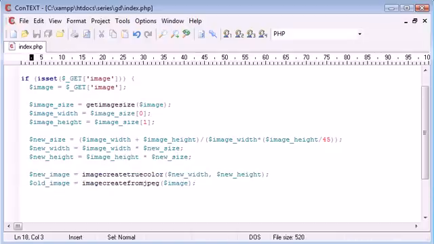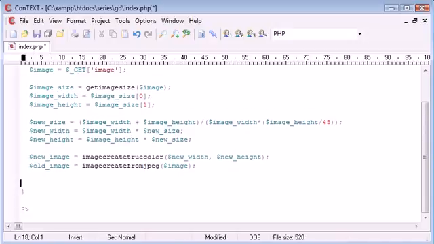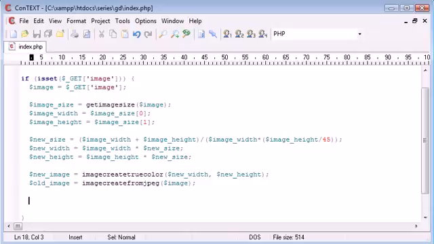So now what we can do is use a function called image copy resized, and what this is going to do is resize our image down with very specific parameters. This function, like most GD library functions, takes a lot of parameters. So let's go through and I'll explain each one as carefully as I can. So the function is image copy resized. Okay, and this function takes 10 parameters, so we've got 10 parameters to put in here,